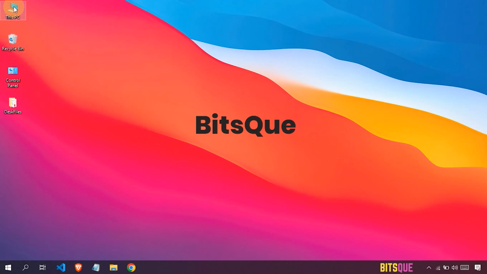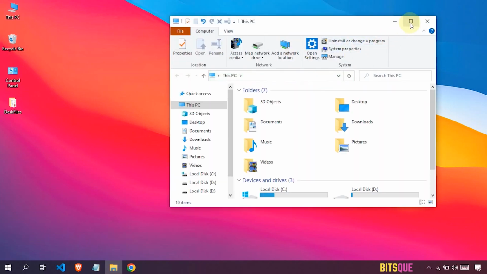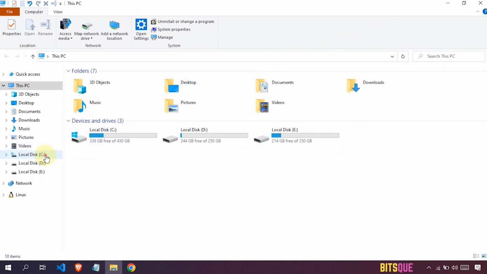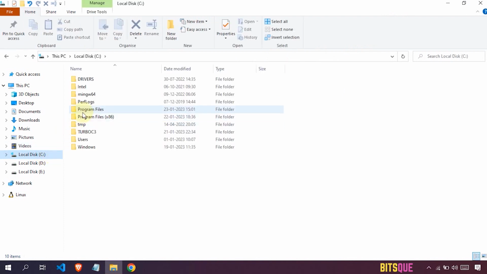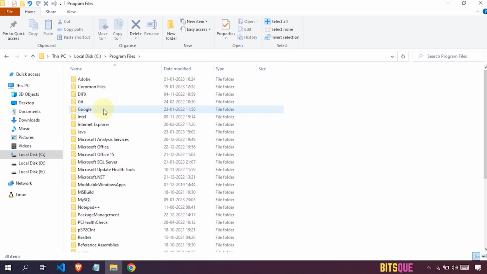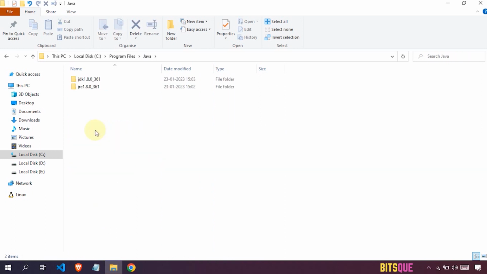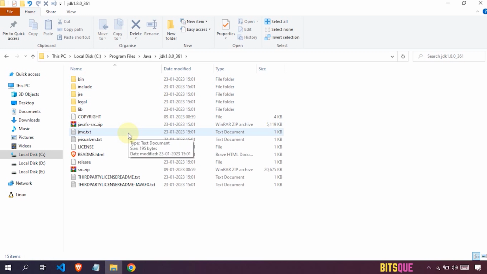Go to the file explorer, then local disk C and open the program files folder. If you haven't changed the location during installation, then you will find the Java folder here. Open this folder. In this folder, you will find two other folders, JDK 1.8.0 and JRE 1.8.0. We have to add this JDK folder path to the environment variable. Copy this path